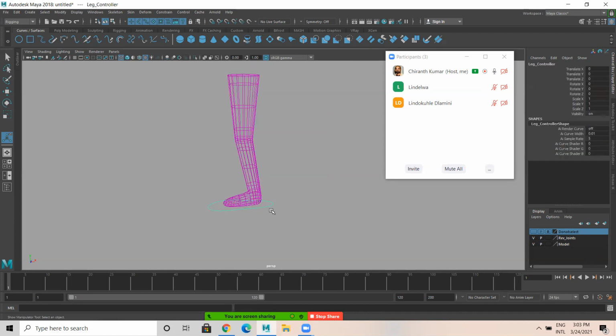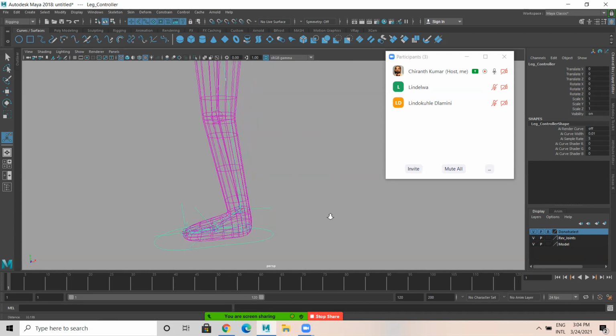So already we have given curves. We are asking animator to select the curve and do the animation. Do not select this because there are so many items inside this. If animator does some changes, it will affect the rigging. So turn off this.